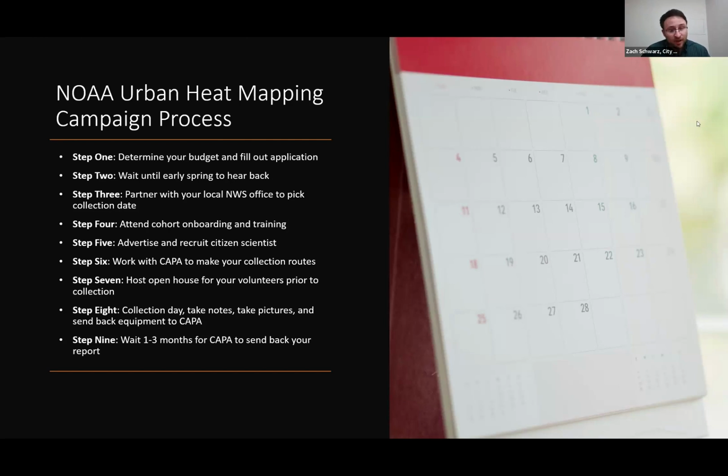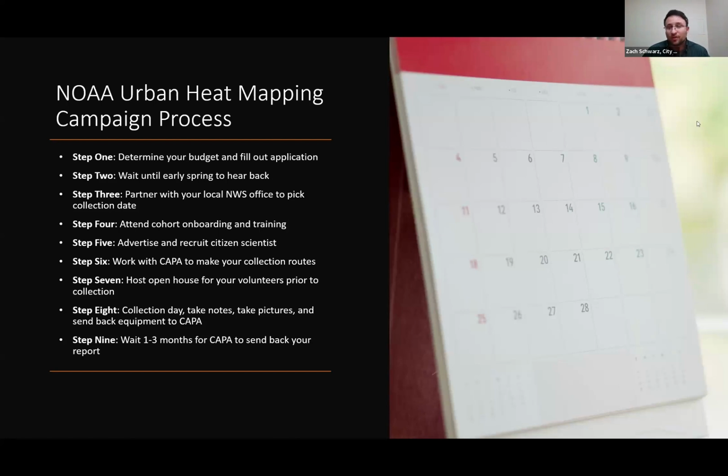So step five is advertise and recruit citizen scientists. That's engaging with your media outlets, doing press releases, social media posts about it, and really trying to get engagement from your community, because they're the ones who are going to be actually collecting data for you. So this is a really exciting and important step, just finding volunteers, the willing and the interested. And then step six, you're working with Kappa to